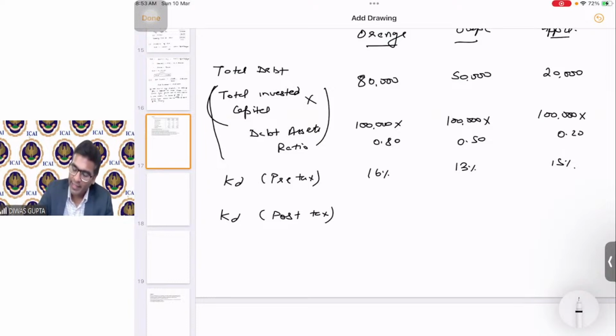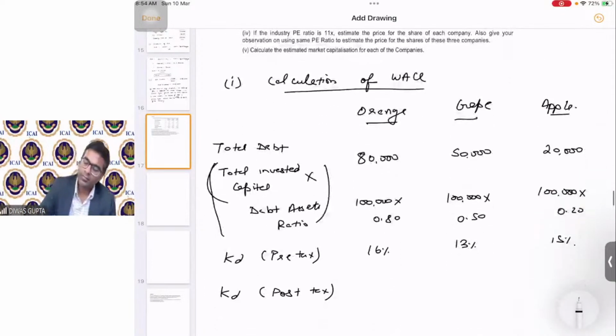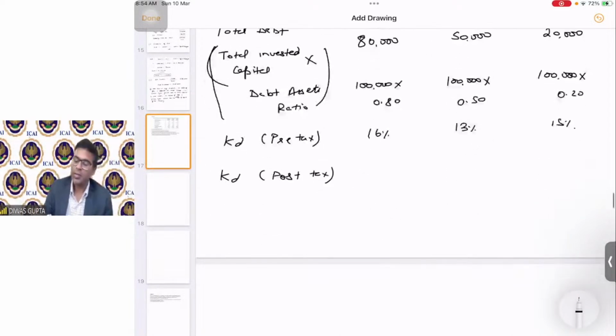While calculating WACC, you have to consider cost of debt. Now, for considering that cost of debt, whether you will take it as pre-tax or post-tax, students, think and then answer. Tell me, students, is it pre-tax or post-tax? Manisha is saying financial structure is broader than capital structure. Capital includes sources. Yes, Manisha, that is right. Now tell me, students, for WACC, should we consider pre-tax cost of debt or post-tax cost of debt? What do you think?